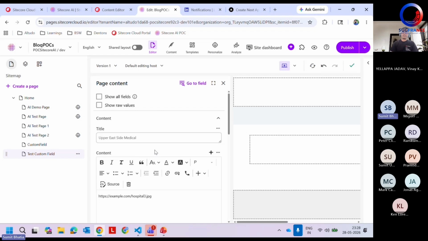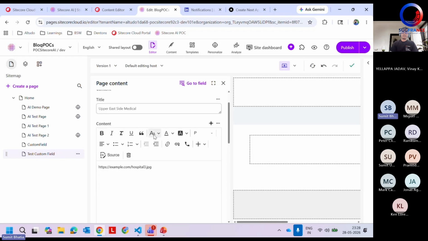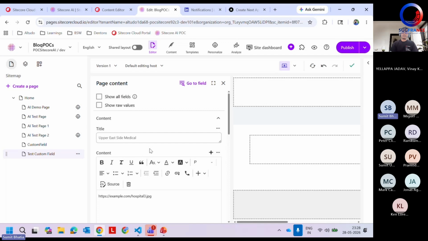We thought about how we needed to implement that, but once the marketplace was implemented, I checked how we can create the custom field. So we showed this to the client, and he was really happy that we have implemented the same kind of functionality that they are going to use in their XP environment.